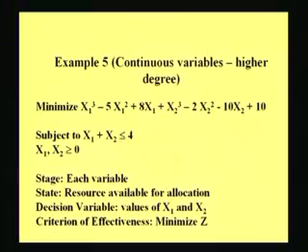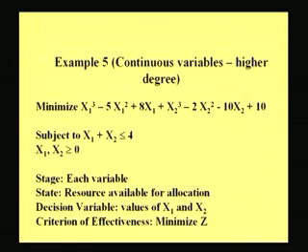In this lecture, we continue our discussion on dynamic programming. We continue to solve examples where the decision variables take continuous values. In the previous example, we had a linear objective function with nonlinear constraints and the variables were continuous. In this example, we will have a nonlinear or a polynomial objective function subject to a linear inequality as a